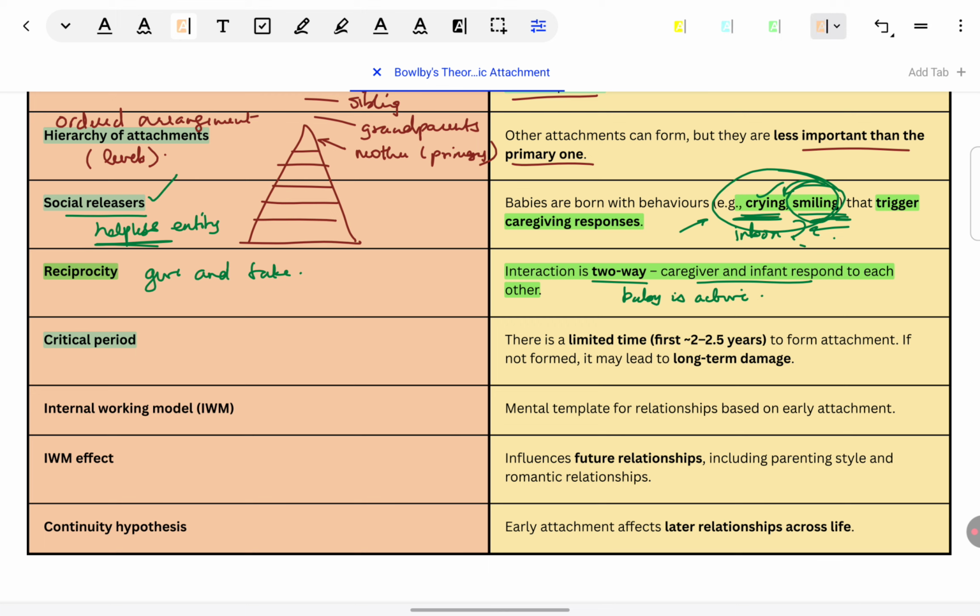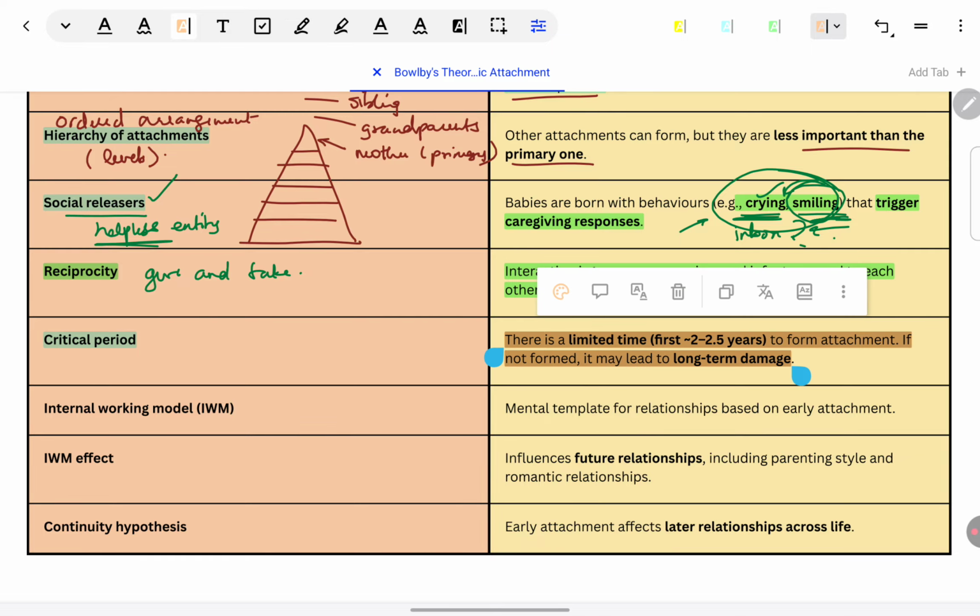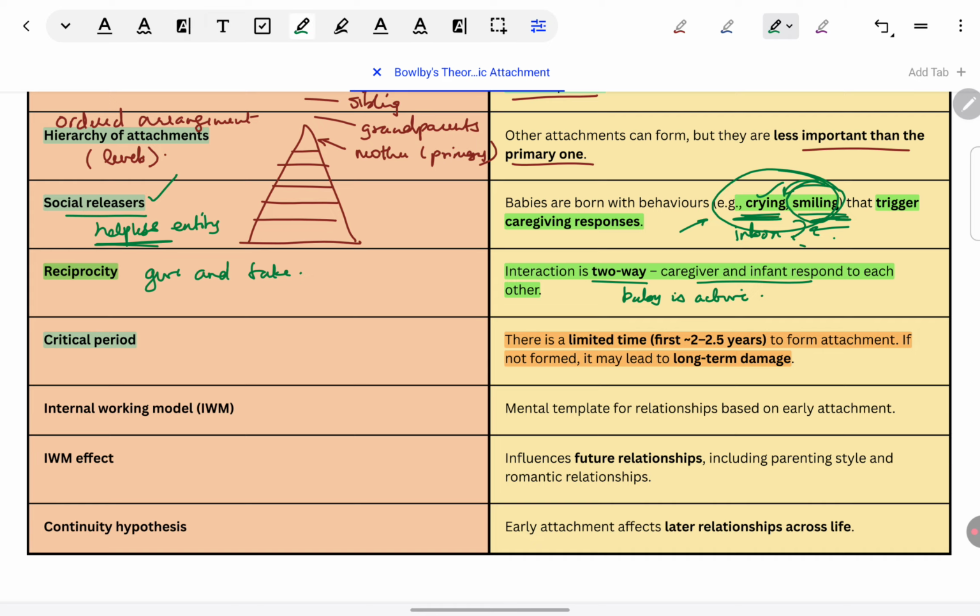Bowlby said that there is a critical period of attachment. From this, we will be able to transition from monotropic to deprivation and internal working model. You remember Lorenz had given a critical period of attachment in imprinting. Bowlby has borrowed this idea from there. In geese, we saw the attachment period is very short, just a few days or weeks. But in humans, it is fairly longer because after all, human life is also longer than birds. In humans, the critical attachment period is up to 2.5 years, according to Bowlby.